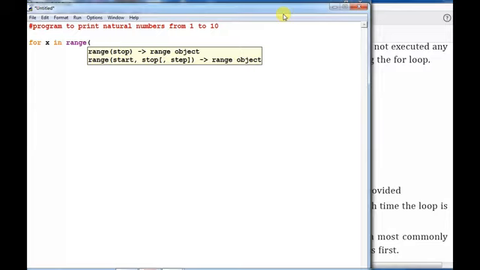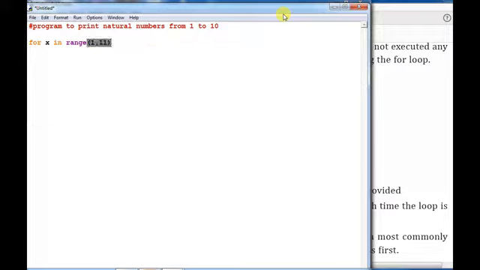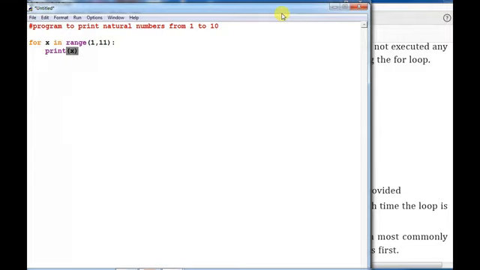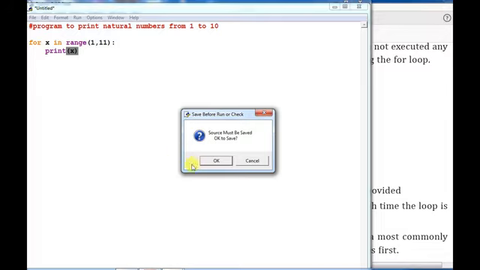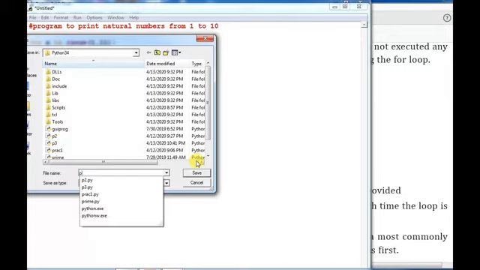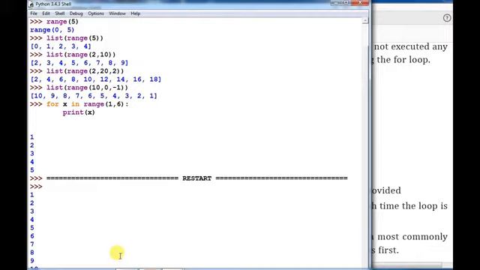So 1 to 11: 1 is the starting value and you pass one more value as the last number, then the colon symbol and then print x. These two lines of code will print the values 1 to 10. Look at the result.